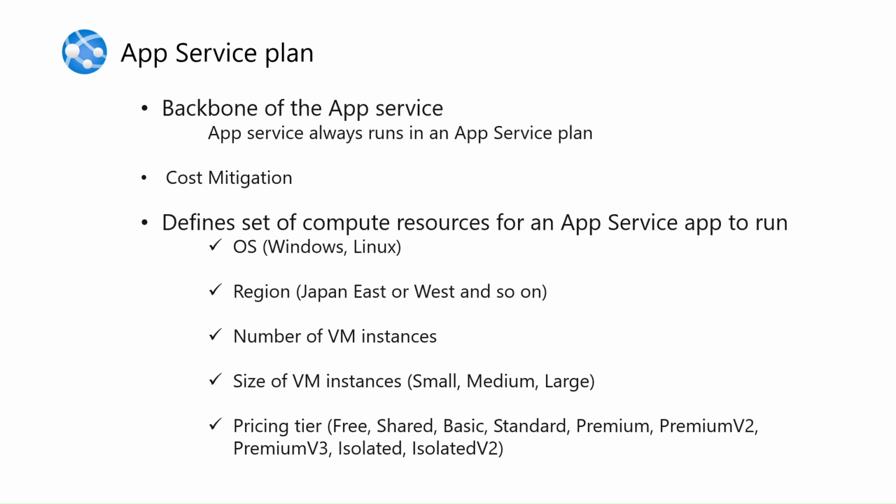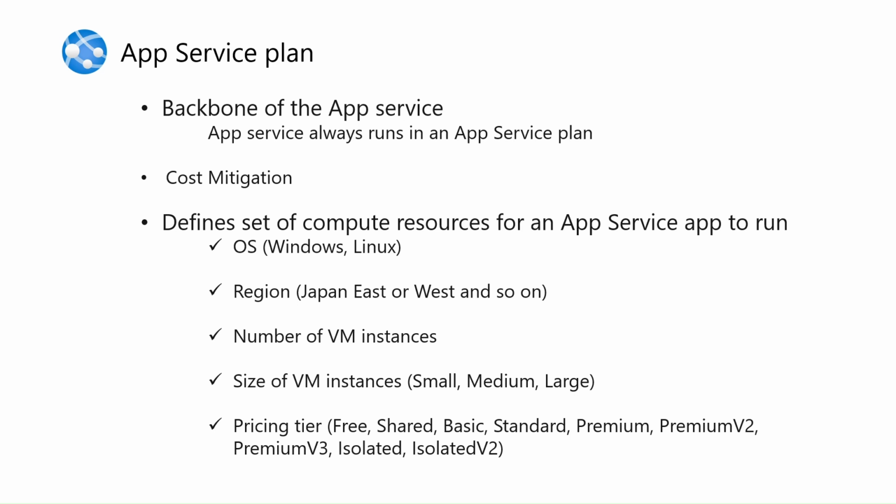We can mitigate the cost of app service by choosing the appropriate pricing tier as per our need. We can potentially save money by putting multiple apps into one app service plan. Also, we can continue to add apps to an existing plan as long as the plan has enough resources to